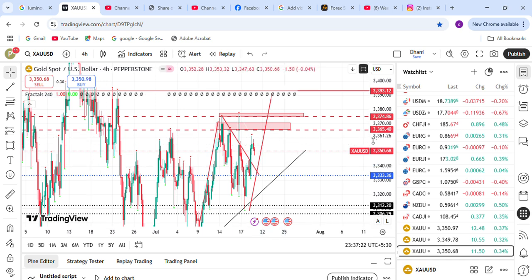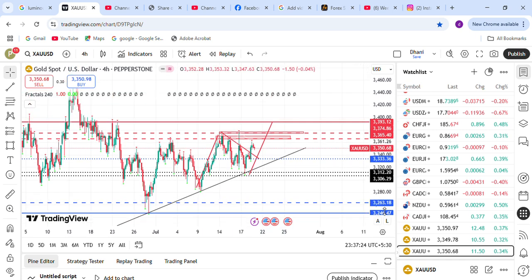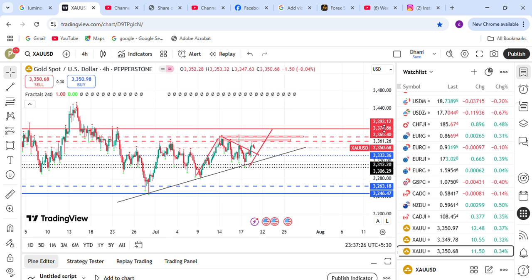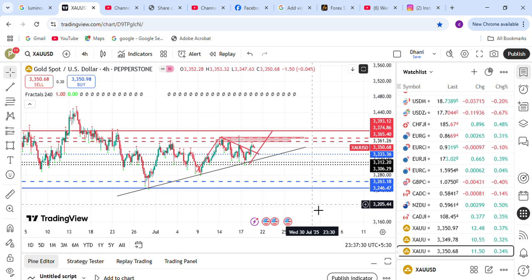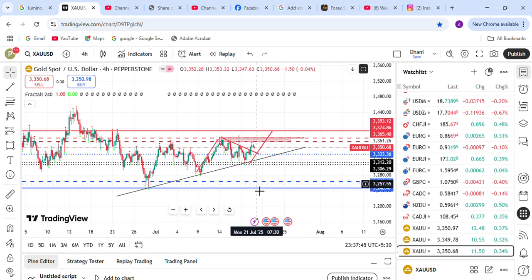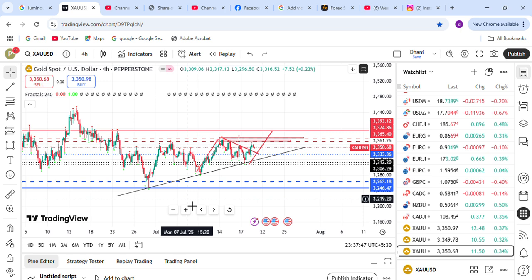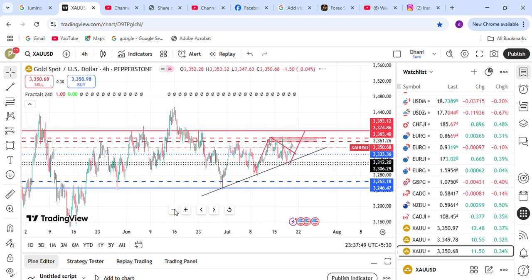Sharply down back to this support: 3140, 3138, 3120, 3160. Closer levels they are. Let me highlight it. This is another level. Literally on these other time frames, I can find you right now such setups. All of them will be tradable, but all of them will not be winning.